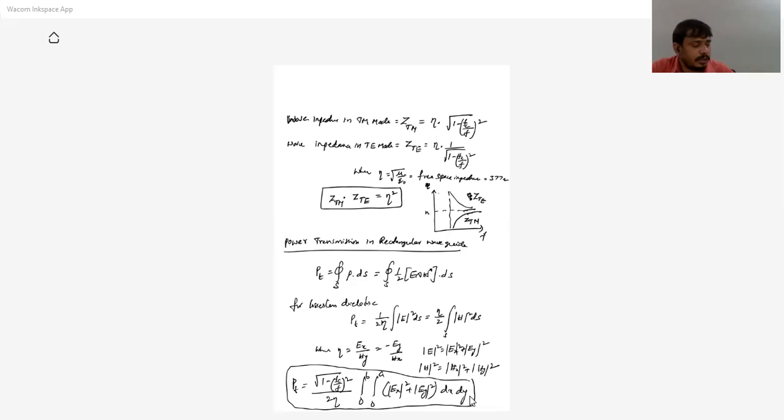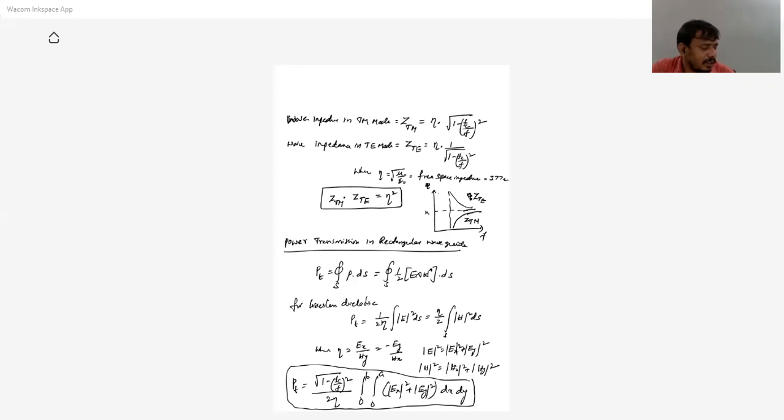Next class we will see what the power losses in the rectangular waveguide are. Already I told you about the power losses, depending upon the material we are using for the waveguides. Like our coaxial cable, where we have the conductor and dielectric, so we have conductor loss and dielectric loss. Like that here also we have two things, conductor losses and dielectric losses. The waveguide is only a metallic structure, so you have only the dielectric material and the conductor.